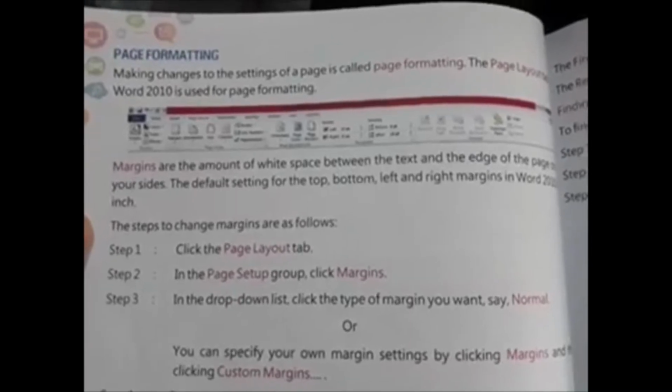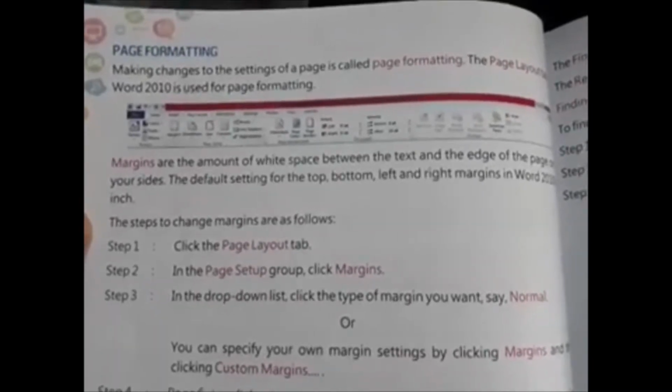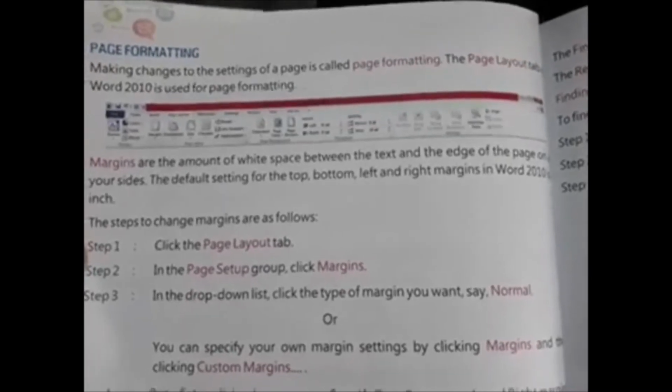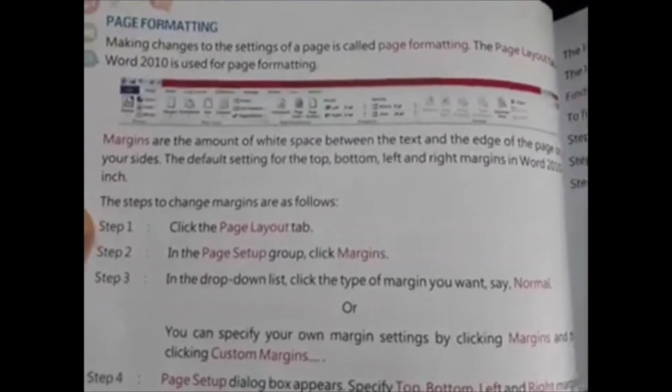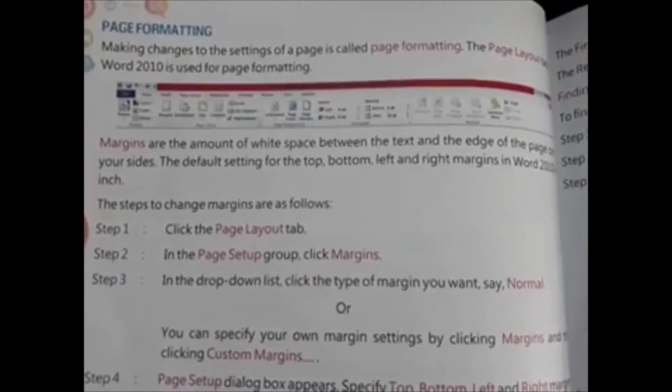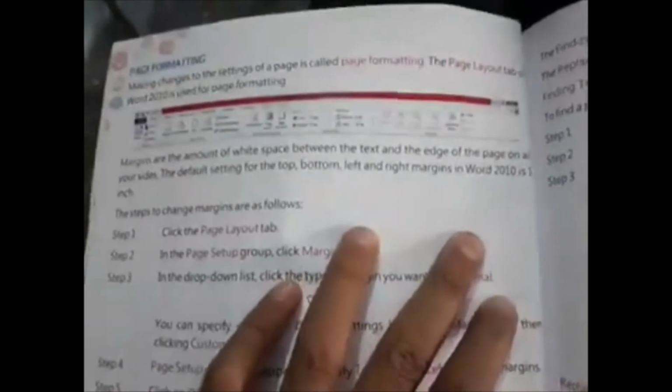Okay, margins are the amount of white space between the text and the edge of the page. The default setting for top, bottom, left and right margin in Word 2010 is